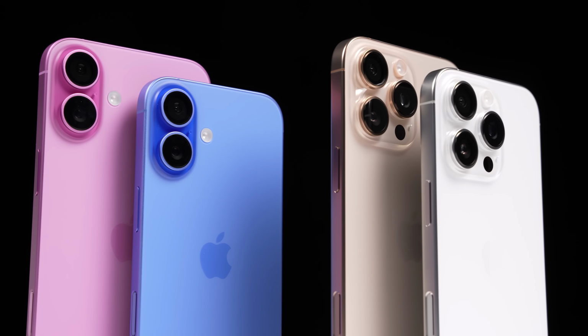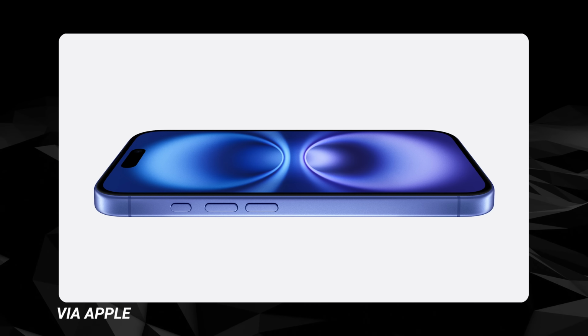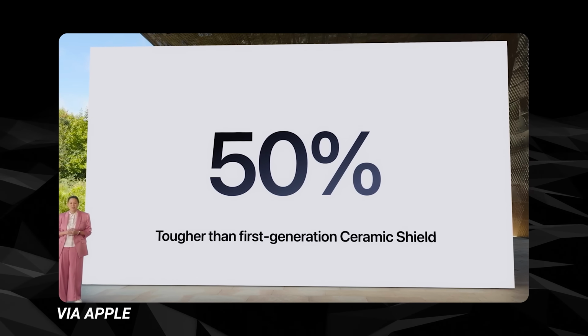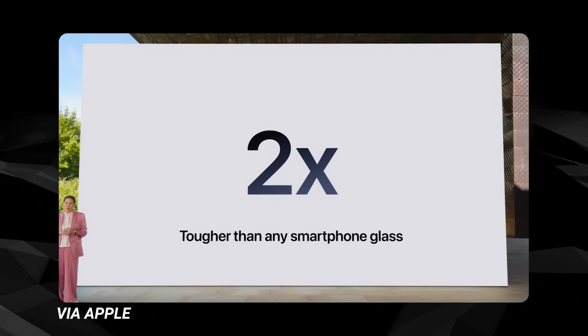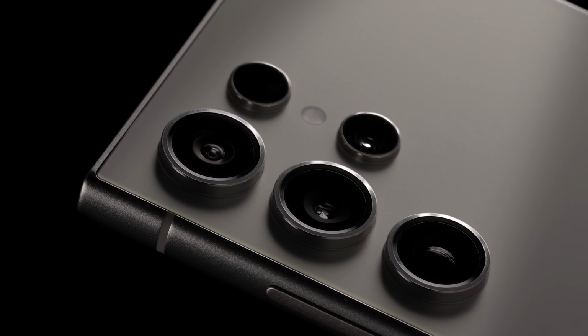So Apple made some big claims with the iPhone 16 series, saying not only is the second gen of Ceramic Shield 50% stronger than last year's iPhone, but they also claimed that it's 2 times stronger than the glass on any other smartphone. So today, we're gonna test it, comparing it side by side against its biggest competitor in the